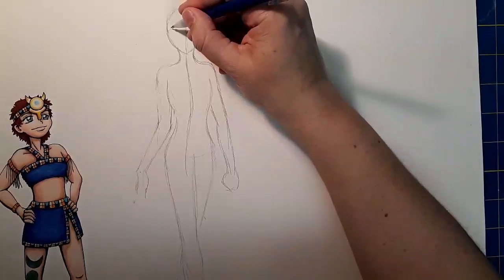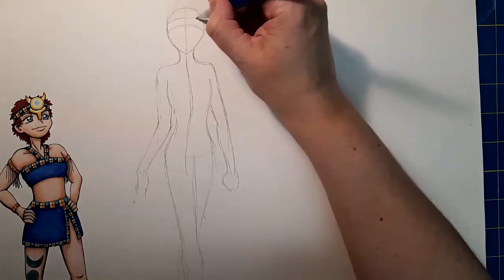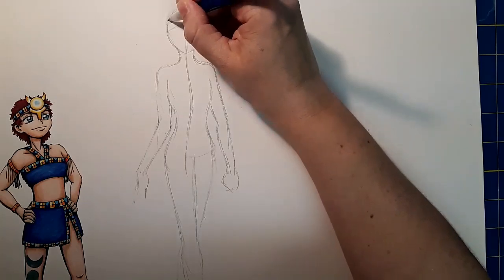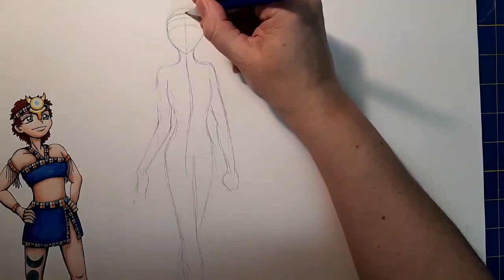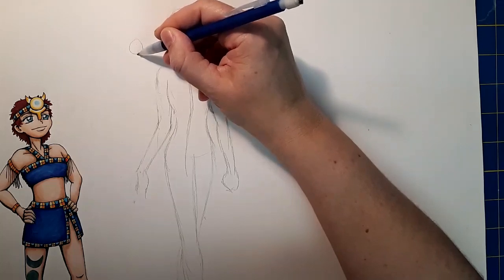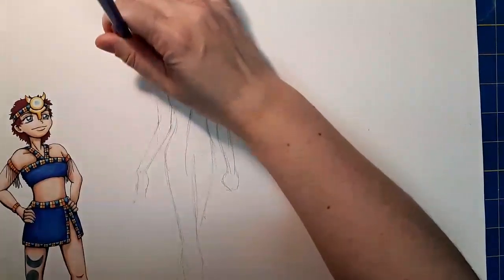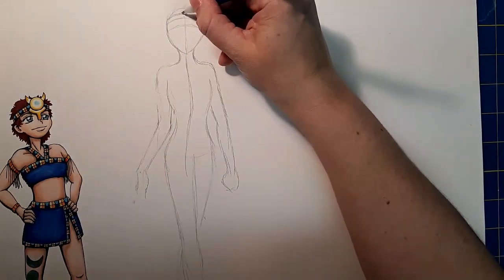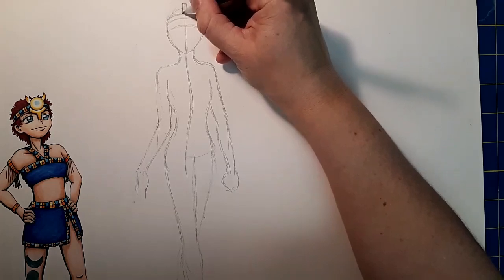We'll play with that more. I already thought a little bit about what I want for her crown piece, because the symbol for the planet Venus looks a lot like the symbol for Mercury. It's a circle with a plus sign. So it means I have to be kind of careful and make sure not to make it too similar to Mercury's crown. So rather than having the circle in the middle, and even though that's something that's kind of similar in all of them,